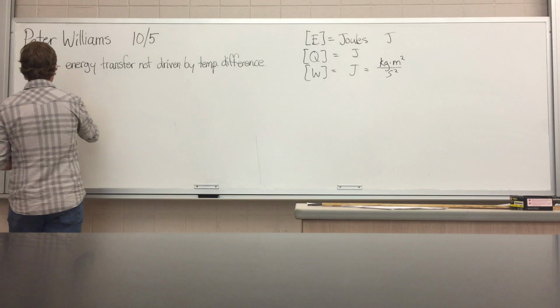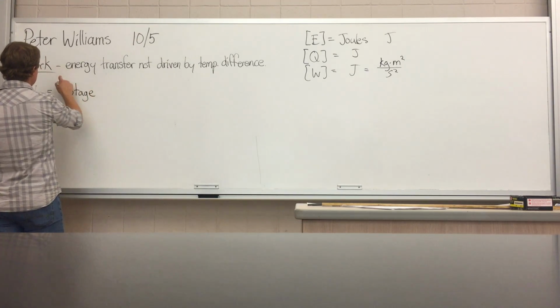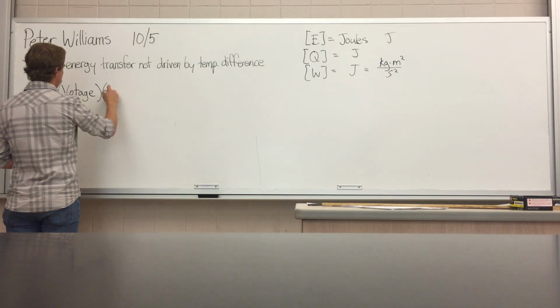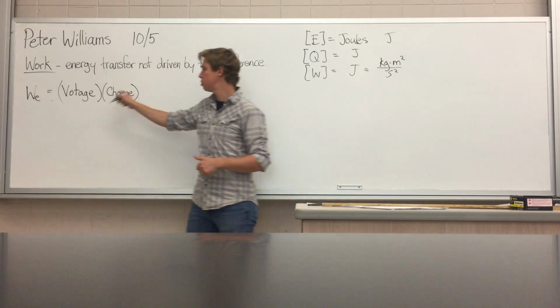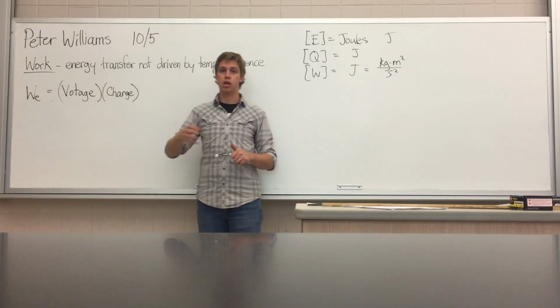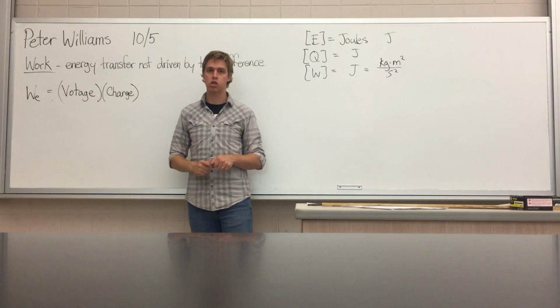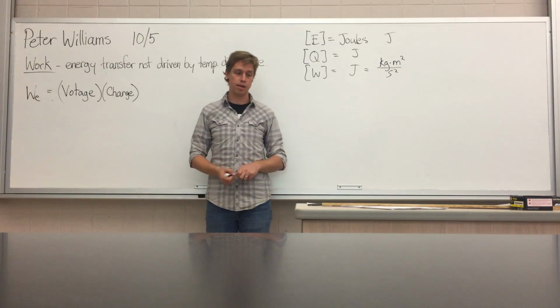Okay, you've had this in tech physics and you've had it explained in more detail. I'm just going to write down what the answer was. So electrical work was determined by taking the voltage and multiplying it by the charge. Okay? You just multiplied those two things. So however much charge and however much electromagnetic potential, or voltage as we call it, was pushing that charge, that was the work that was done. Okay?